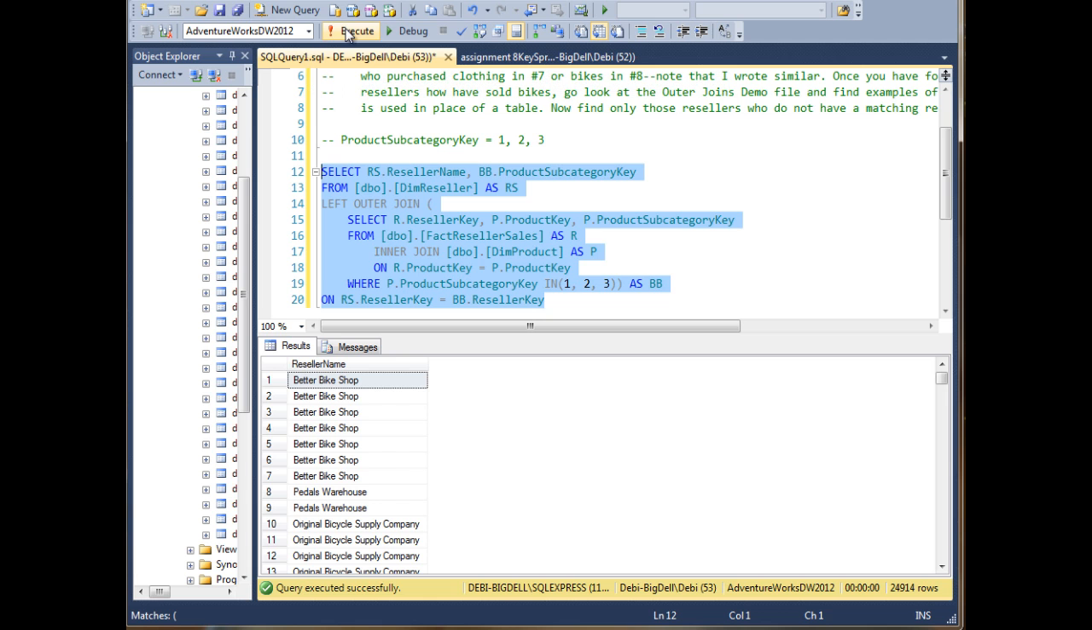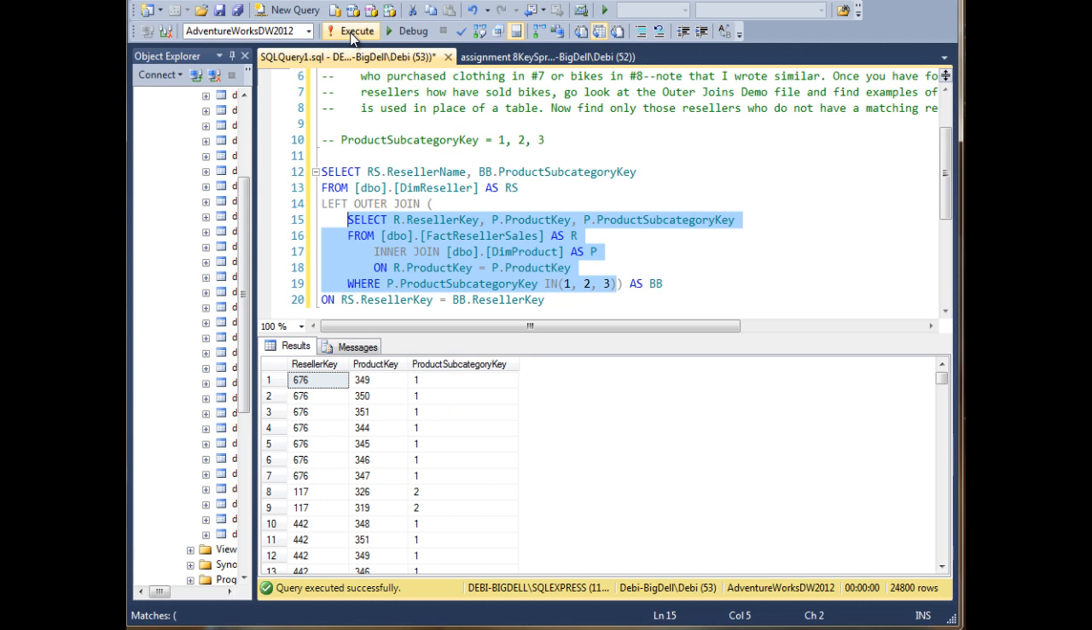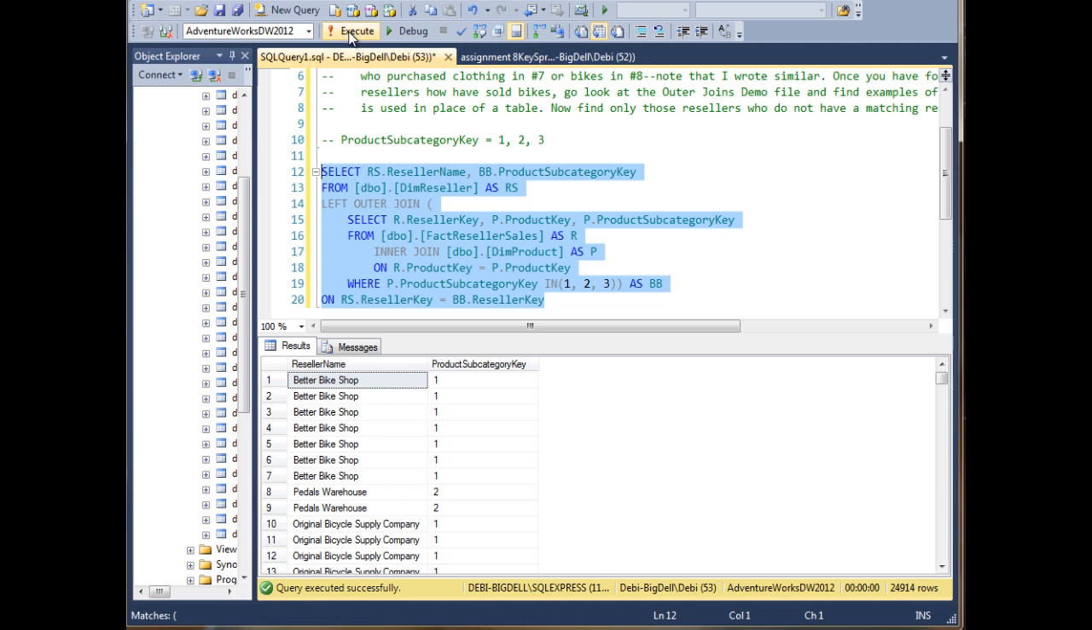And let's run this. What I want to look for are all these nulls. These are my resellers who have not sold bikes, because these are my bike resellers, this group. I can grab this and run it and see my bike resellers. Then I'm doing my left outer join to my resellers. When I execute this, I'm seeing all my resellers, including those who have not